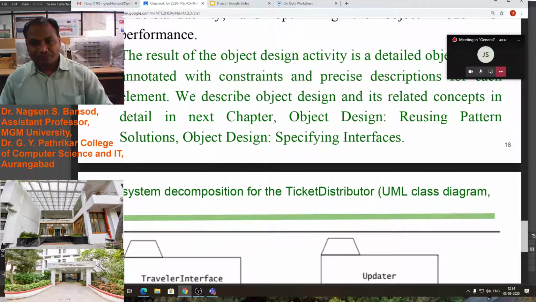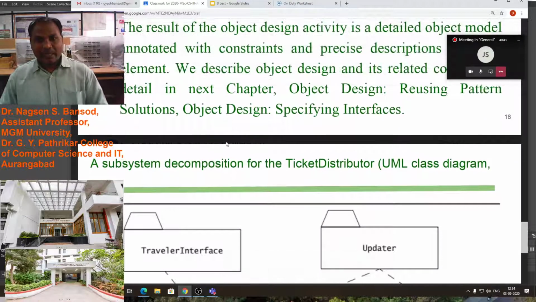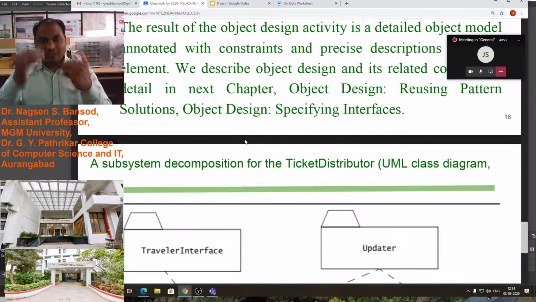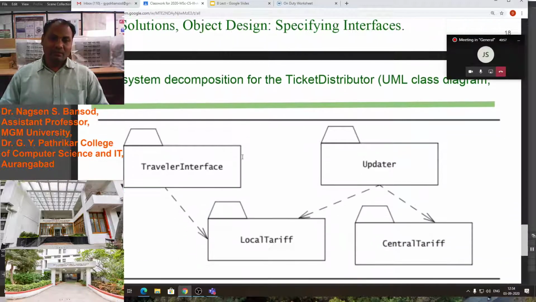This is the advantage of the recurring pattern solution of object design, and also of specifying the interfaces. Suppose once you have designed one interface for human communication with the computer, then you can use that interface again in another software.